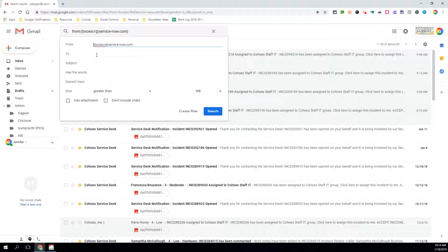I can get more complex. I can put, I want all messages from this sender with this particular word. And you can see I can specify a lot of different things here. What I'm going to do is I'm going to create a filter with this. Notice the minute I hit filter, it just did a search for every single email that came from the service